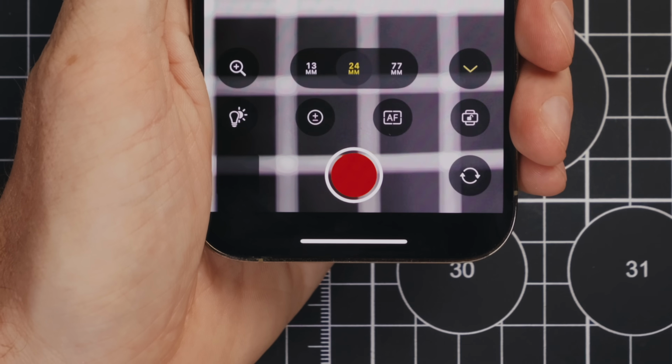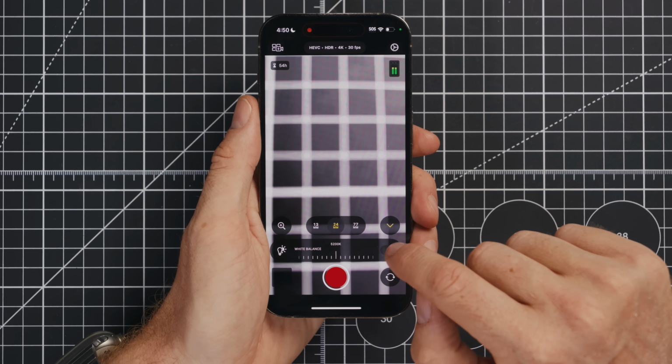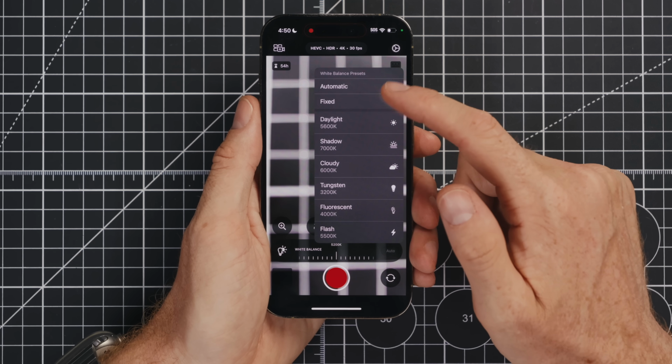Now let's open up a few more of our tools and find one of the main reasons that I'll be using Final Cut Camera instead of the regular camera app, and that's just white balance. This is a very basic feature that's on like every camera since forever, but it's never been added to the default camera app, which drives me crazy because often it'll just start shifting white balance when you don't want it to. So if you tap over here on the right where it says auto, you can find all of the